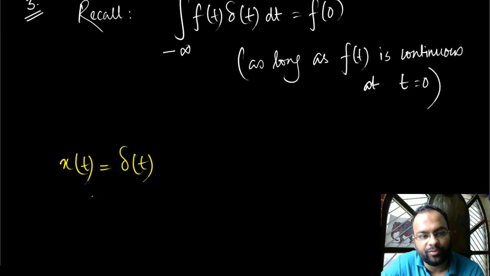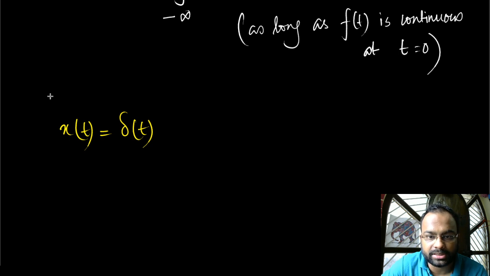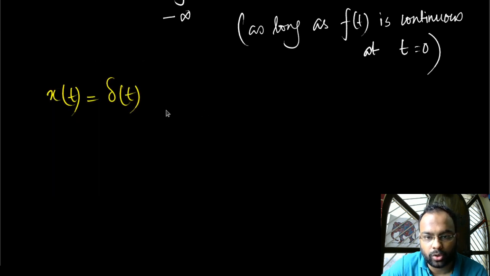We are calculating the Fourier transform of this, and you shall soon realize that this has huge implications. What huge? Let's see. When I say huge implication, it actually has a lot of implications in signal processing. So this is the signal for which we are calculating the Fourier transform,